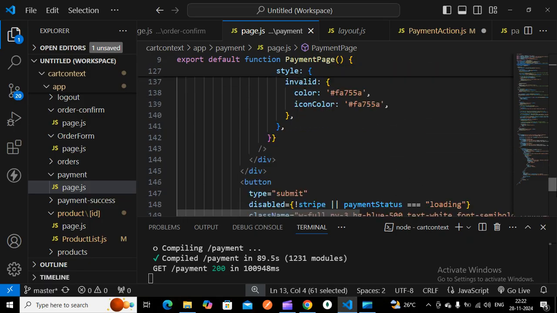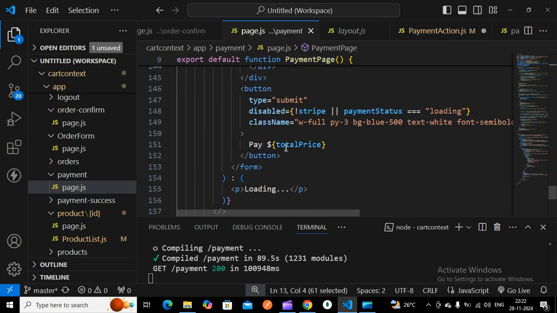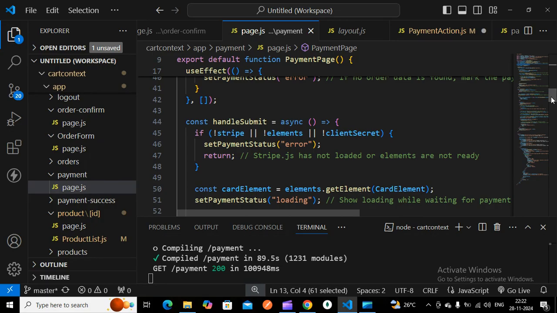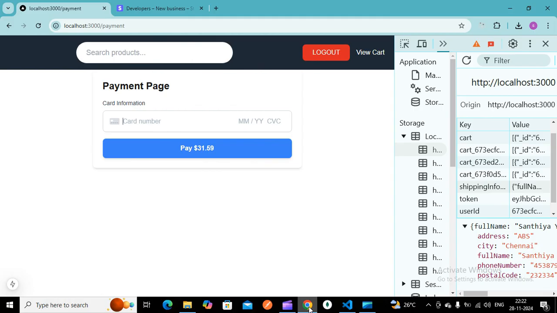Once you get this, you have this particular button to pay the total price, the 31 rupees we will be getting. Once we have entered the payment details, if the payment status is loading, this will be disabled. Once you submit this button, it goes to this particular handleSubmit.